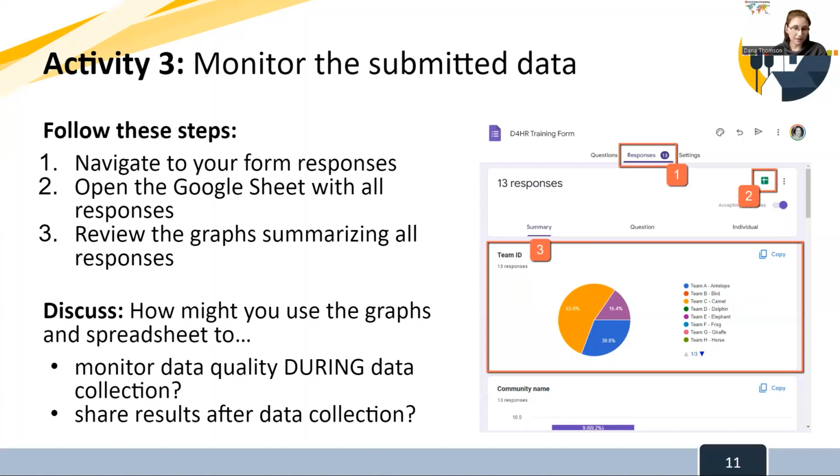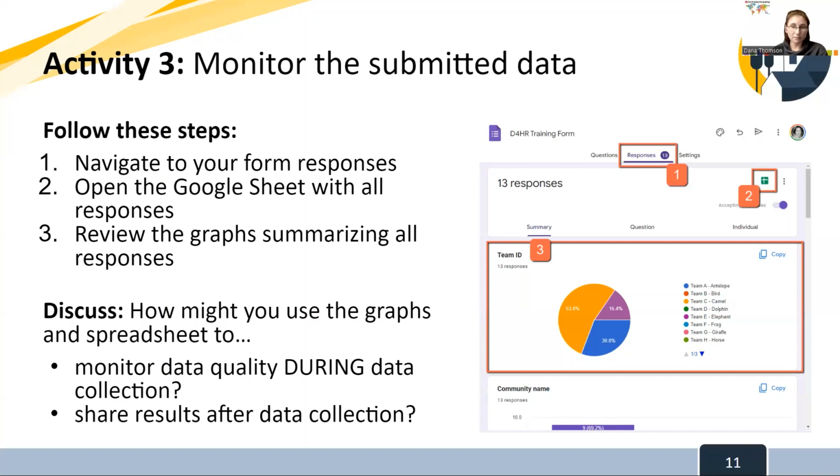Maybe they submit them in the late afternoon when they're back at the office and connected to Wi-Fi. And so that evening, the survey supervisors or team leaders can actually open up this page and look at the responses and start getting a sense of what was the quality of data collected that day. And by the next morning, they can be prepared to